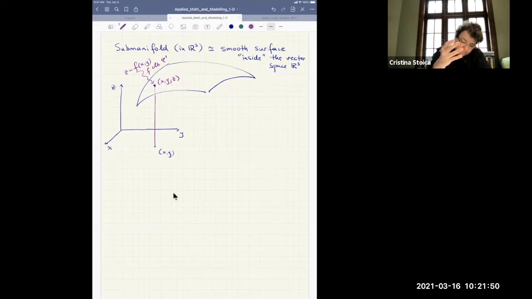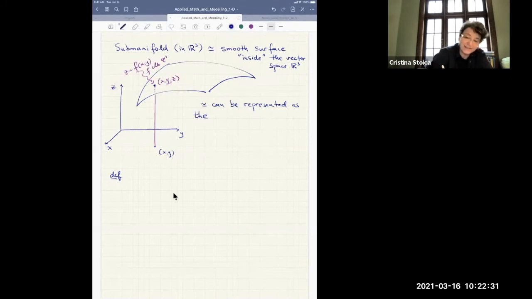I could think further that this surface, this submanifold, is something that can be represented locally as this height thing, as the graph of a function that is smooth. So what is the graph of a function, by the way? Let's put it in. It can be represented as